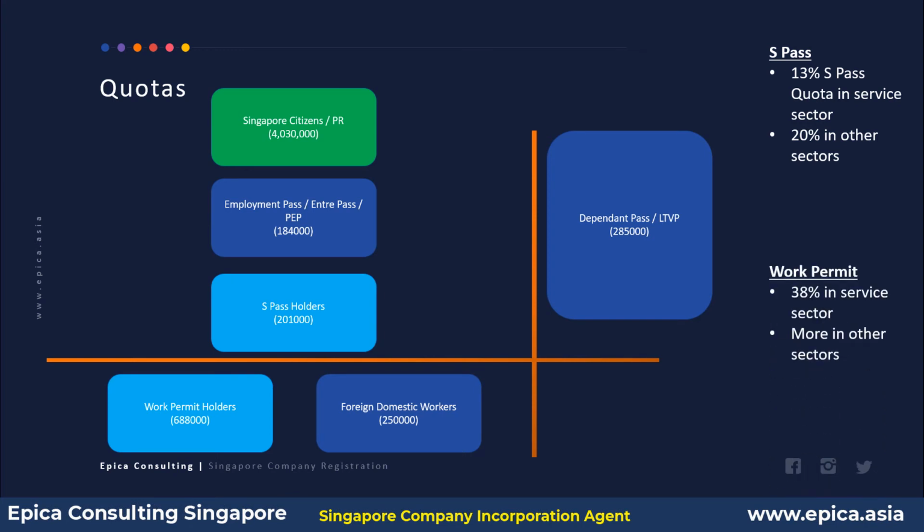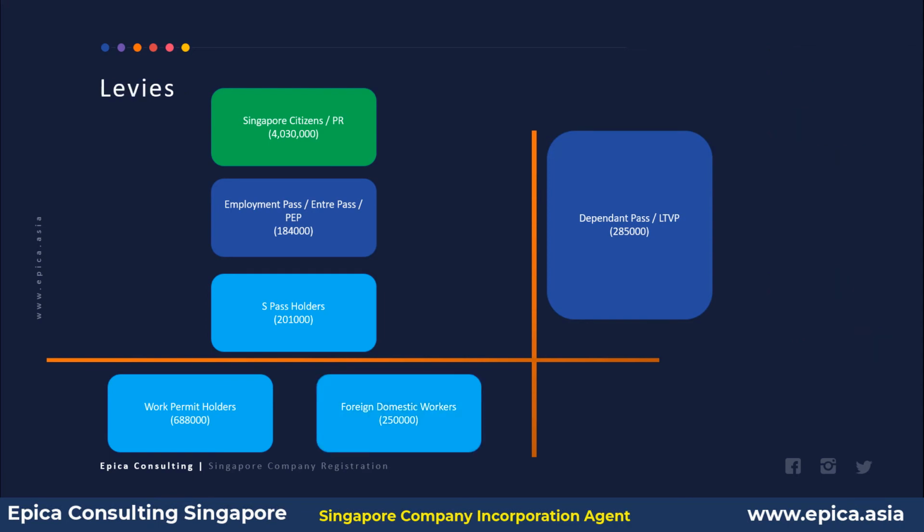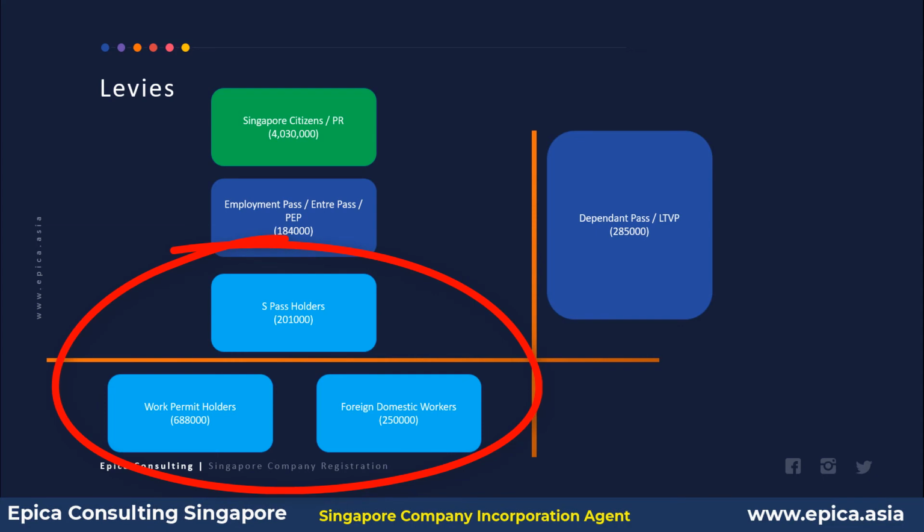Same way, for work permit holders, the quota is 38% in service sector and more in other sectors. So industry by industry it will change. There is no quota for employment pass, entry pass or PEP holders, though there is a minimum salary requirement for getting employment pass. Moving on to the next slide,